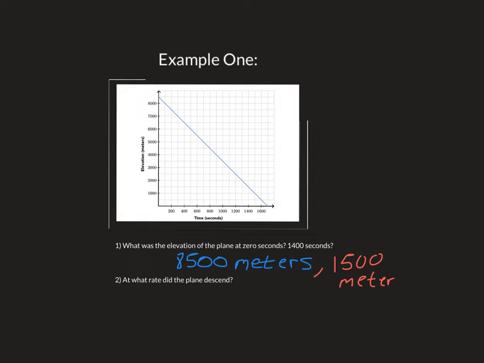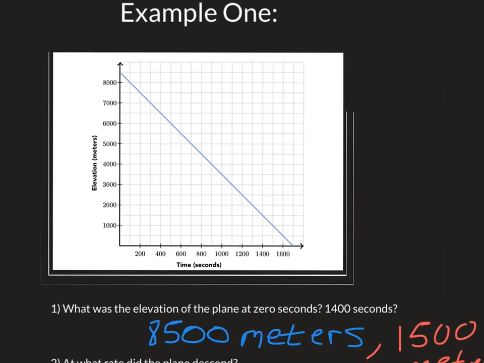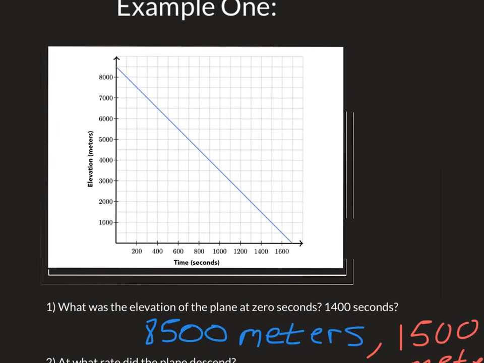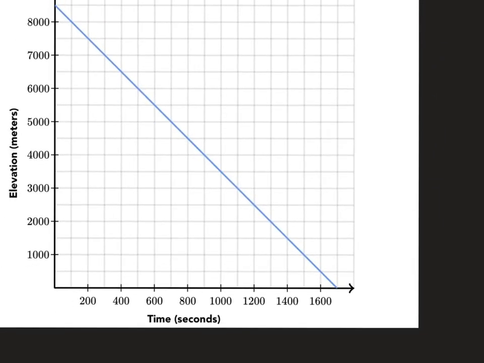We remember that slope is rise over run. So what we need to do is find 2 points and then do rise over run. We're going to plot 2 points. It can be any 2 points that go through our line. It doesn't matter what we pick for our 2 points, because no matter what 2 points we pick, it'll always be the same. So I'm going to choose this point right here,